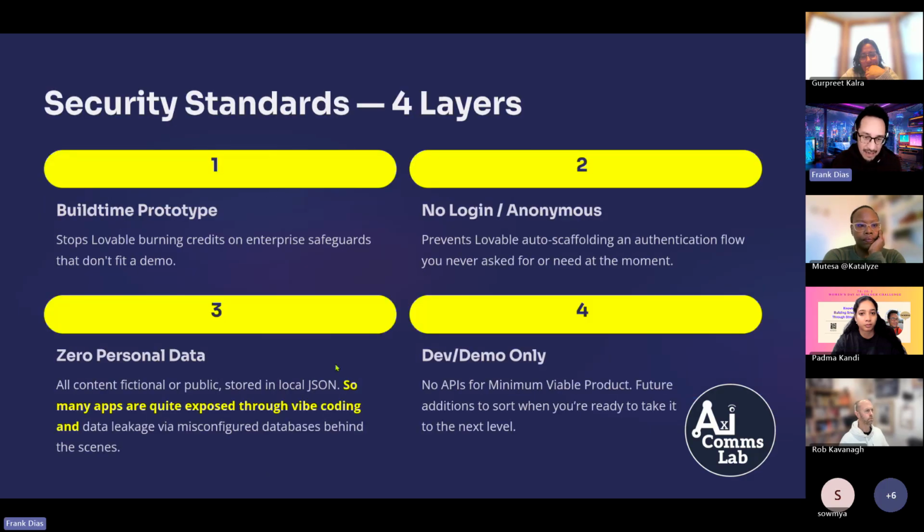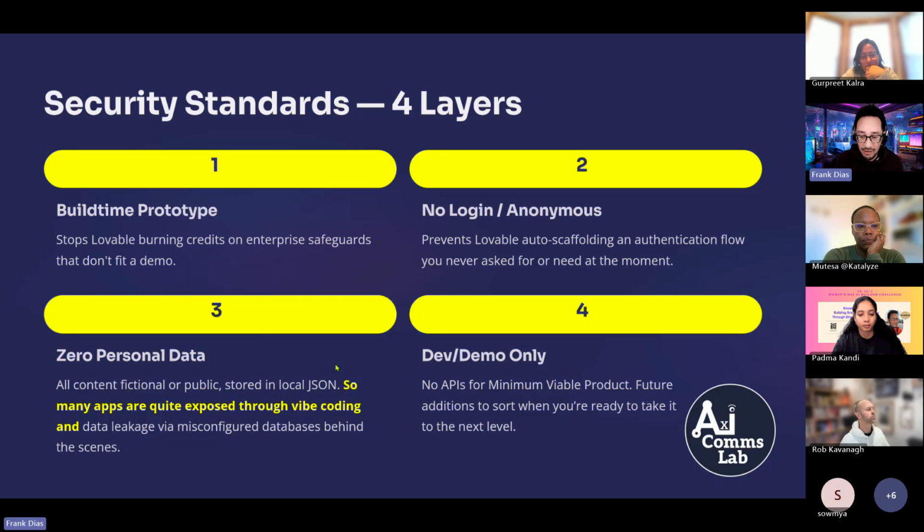And as I mentioned, I talked about the security standards layer, and this is all about helping Lovable understand what type of web app you're building, and in particular relate to any security elements to it. So with regards to these 4 layers within my template on security standards, I want to say to Lovable that I'm building a prototype.